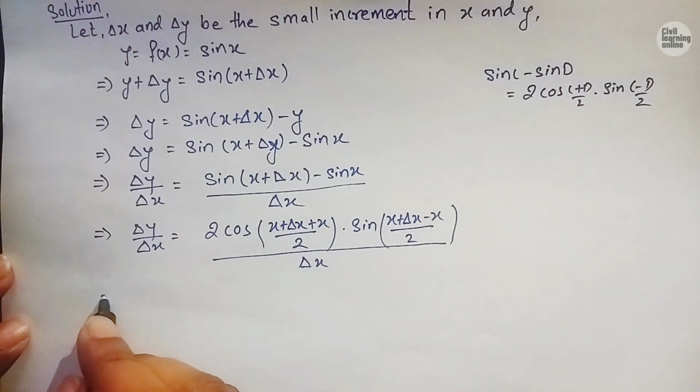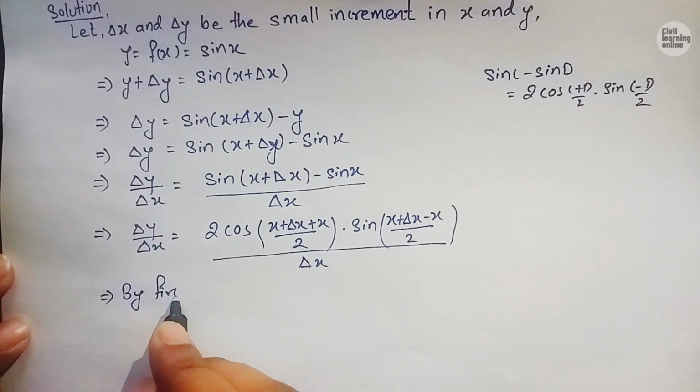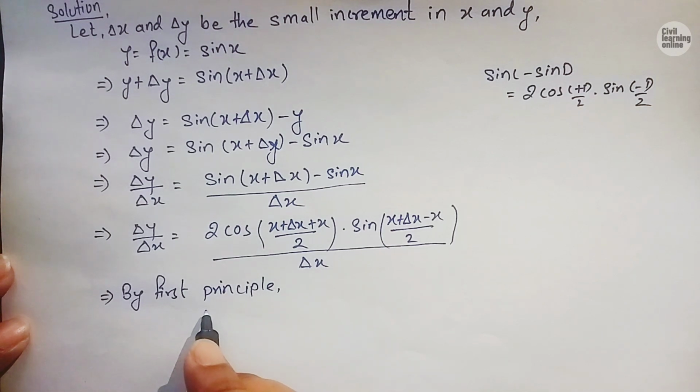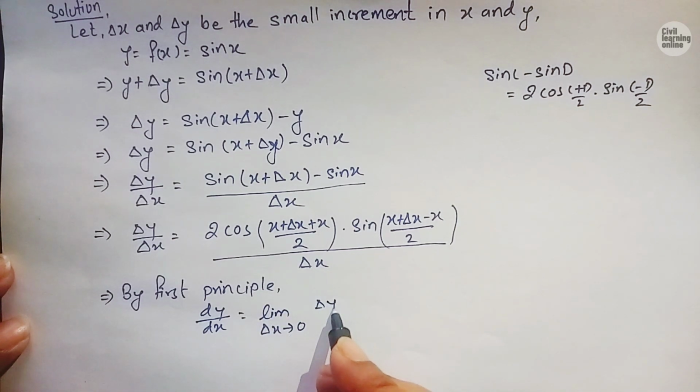Now we know that by first principle of derivative, dy upon dx equals limit delta x tends to 0 of delta y upon delta x